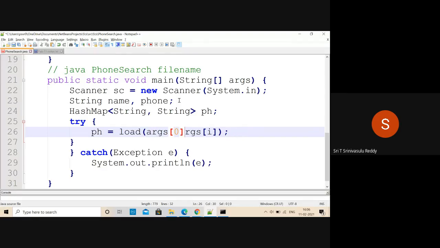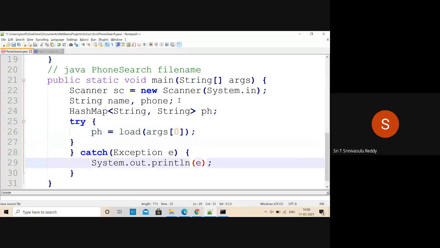Aux of 0 contains the file name, so you are passing it as it is. You are loading all the details into the hash map, and whatever is created is going to be returned here. So PH is now going to contain the actual details, so that the searching will happen on PH, not on the file every time.